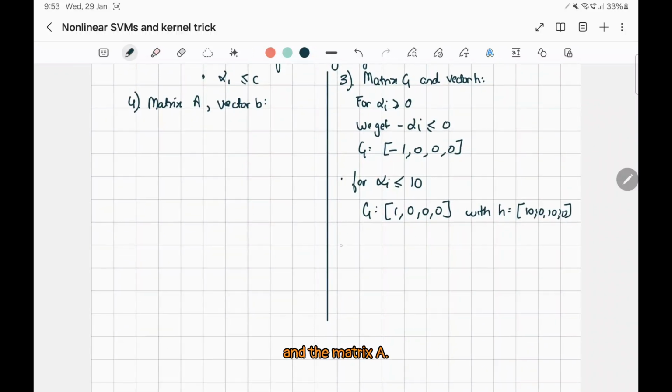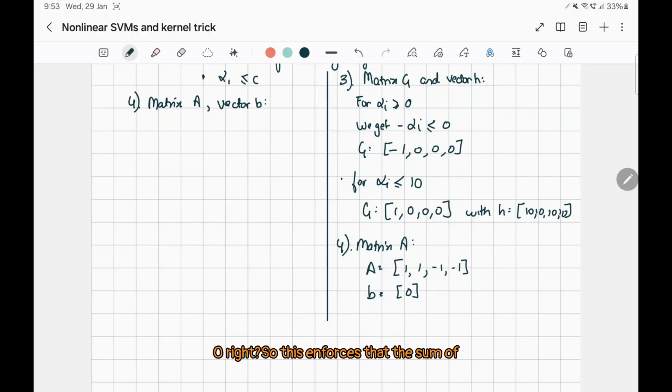And the matrix A is nothing but, and B is 0, right? So this enforces that the sum of alpha i yi is always equal to 0. Putting it all together, this is something that your QP solver can digest. Once it's solved, you'll retrieve the value of alpha i and find which are greater than 0, and those points are the support vectors. Compute the bias, and that's probably it. We are done. Okay, so